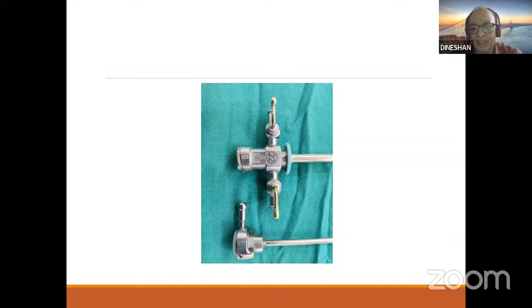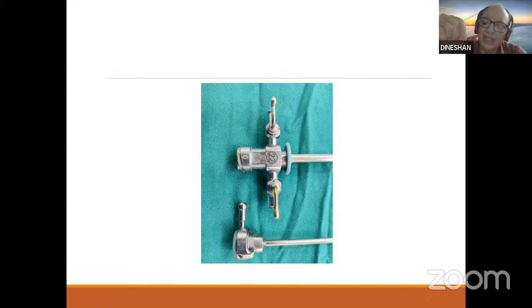sheath. But it is not actually purely circular, it is almost an oval, but the French size is always calculated as for any instrument. The diameter is 1/3 of the French size, in millimeters. And the 2 digits below that denote the largest size of the equipment. 2 equipments you can pass inside this. That is 6 French each.